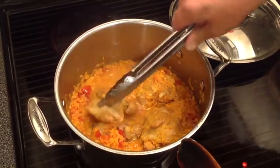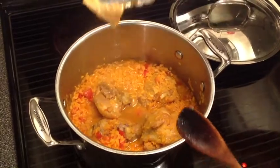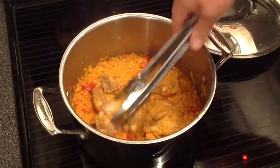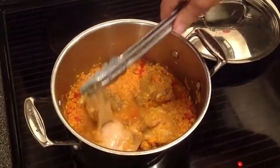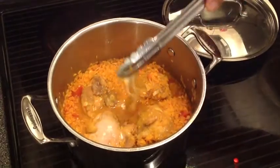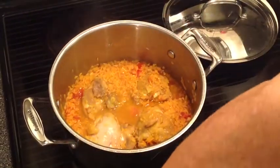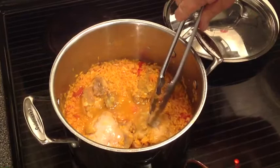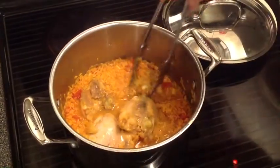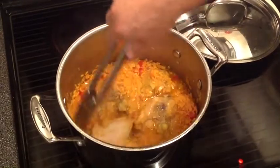So if you don't want the skin at this time, you can peel the skin, put it on the side. I personally like the skin, but some people don't like it. So you take it now, and we're going to leave one with the skin for me. Okay, so at this time,